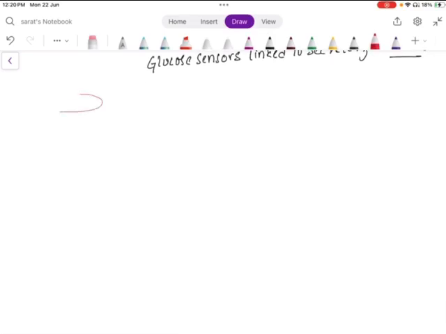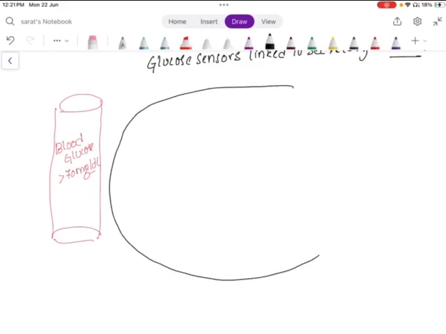After a meal, blood glucose levels will increase. Whenever blood glucose levels are greater than 70 milligrams per deciliter, insulin secretion will happen. Now, this is a beta islet cell. Whenever blood glucose level reaches greater than 70 milligrams per deciliter, this blood glucose will enter into the beta islet